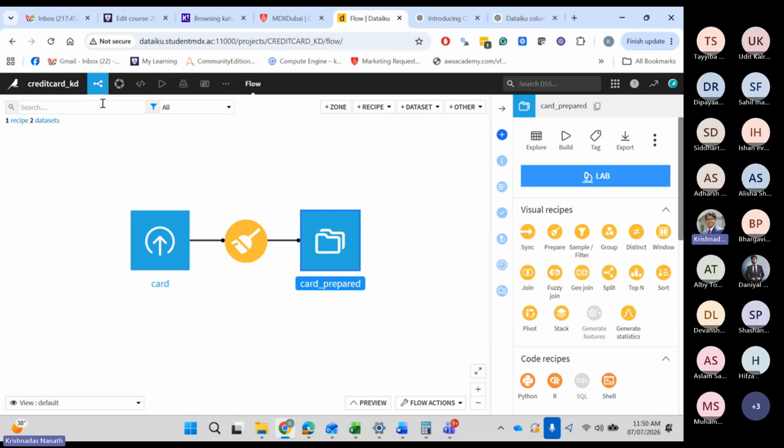You must use the split recipe, name it as train and test. Everything is the same. Go ahead, use split, name it as train and test. If you're not confident, wait for me to do it. And then once you are inside the recipe, last time we chose random as a method of splitting. This time I'm going to sort the customer ID and the first 80% of the records will go to train.